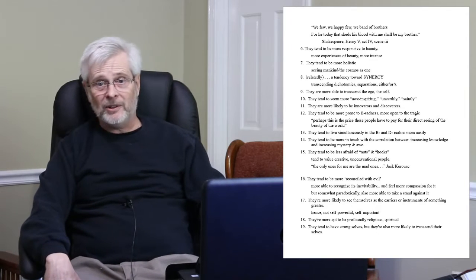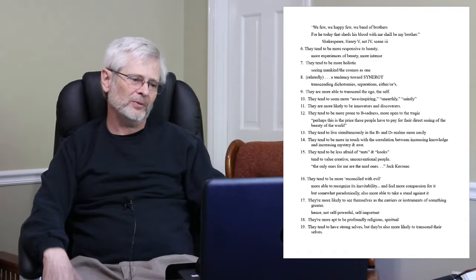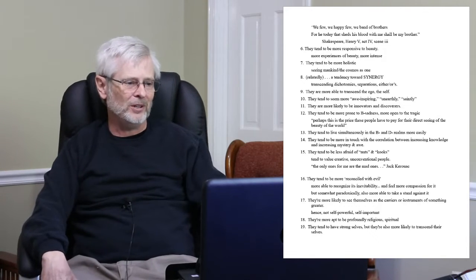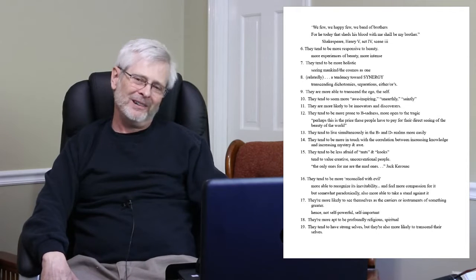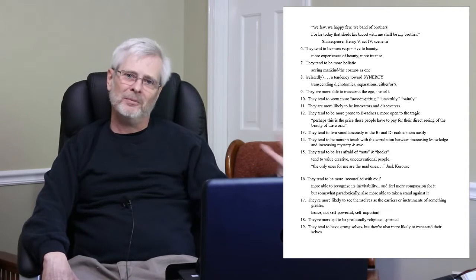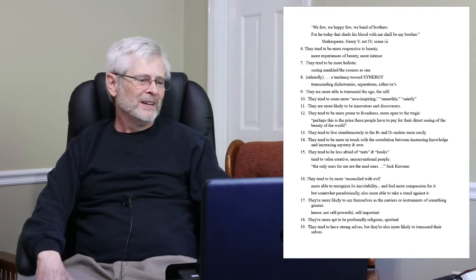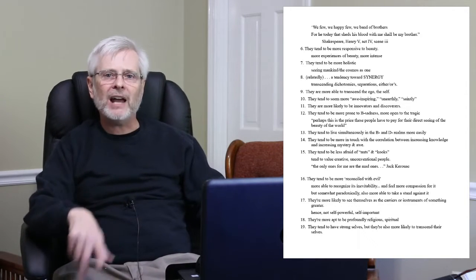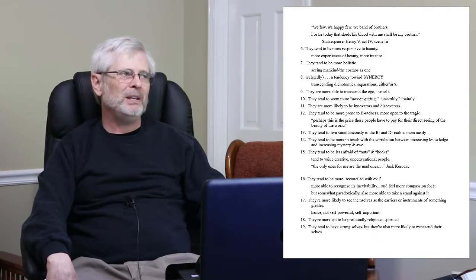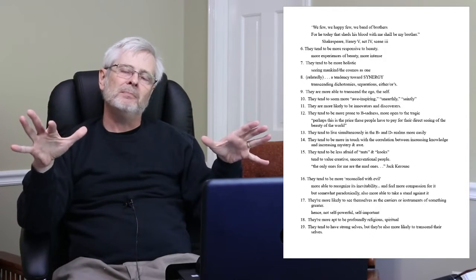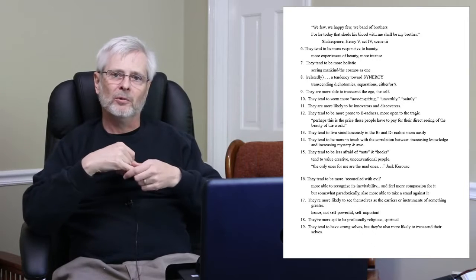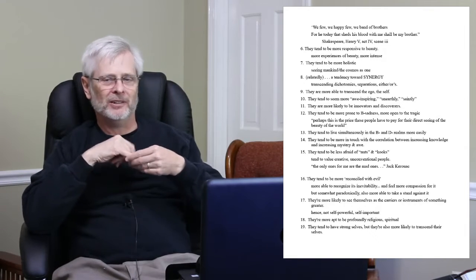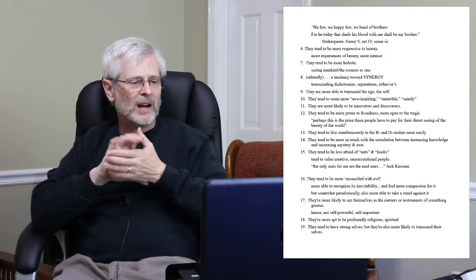Now, number 12 is where they start to pay a price, because thus far it probably seems like, wow, this Theory Z, it sounds so cool, like I wish I could be a Theory Z person. But number 12, they sort of pay the piper for being able to dance. So, he says, they tend to be more prone to sadness. Maybe melancholy would be a better word for it, or perhaps the tragic sense of life. That's actually the title of a book. But the tragic sense of life.